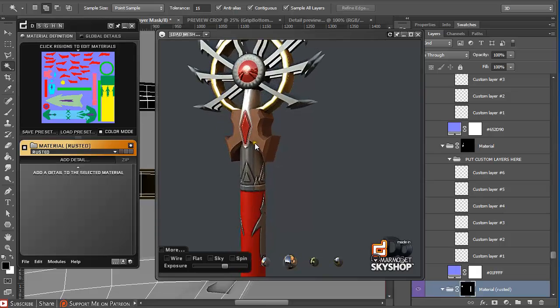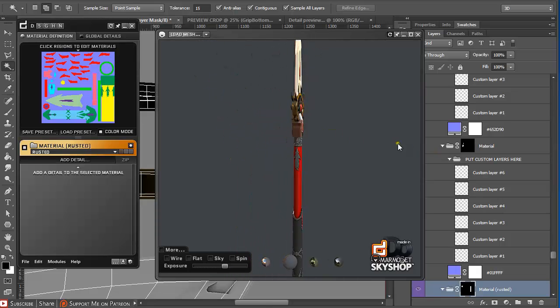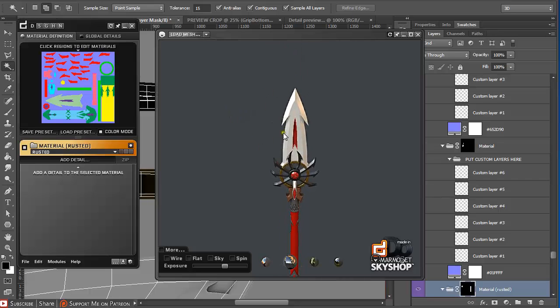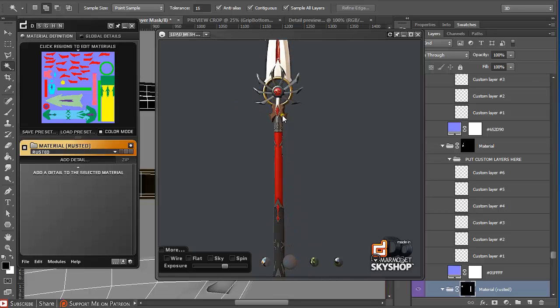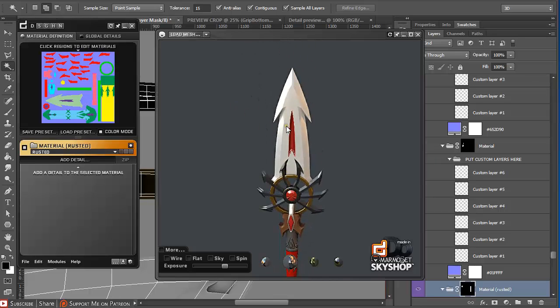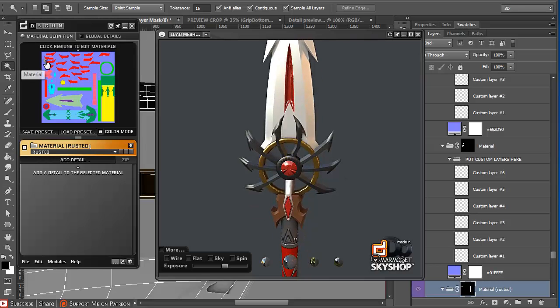Yeah, this looks nice too. Just play around with these settings and you will get a bunch of different results. So this really shows us how important it is to think ahead when you create a material ID map, because now